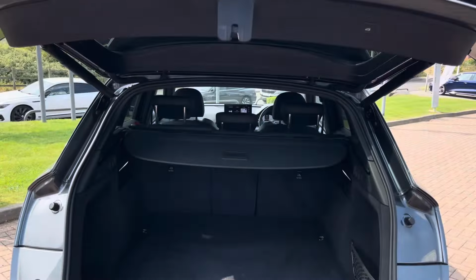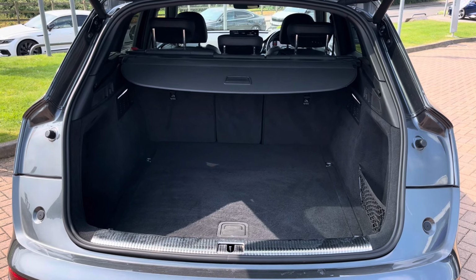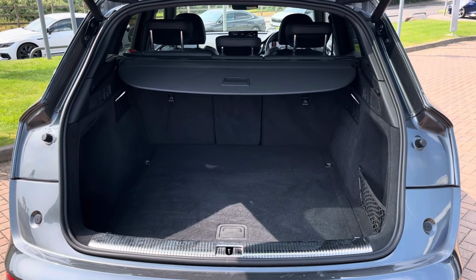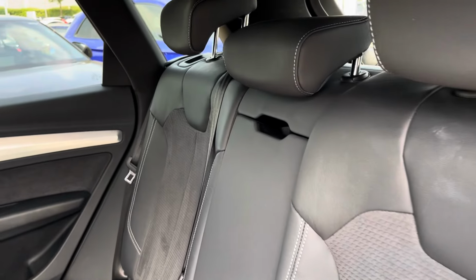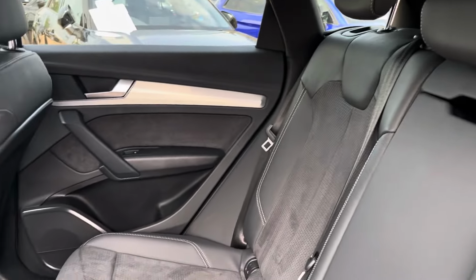The electrically operated tailgate can be opened with a touch of a button and reveals ample room for your everyday essentials. There is also plenty of space for your family luggage should you choose to use it for your week away holiday. The interior is finished in part leather and part Alcantara for maximum luxury, and for the comfort we